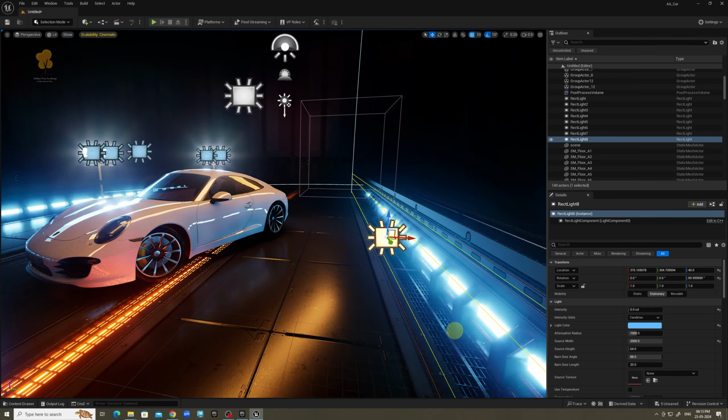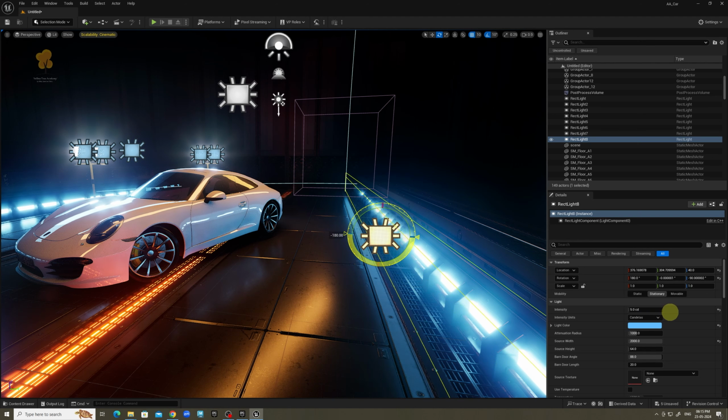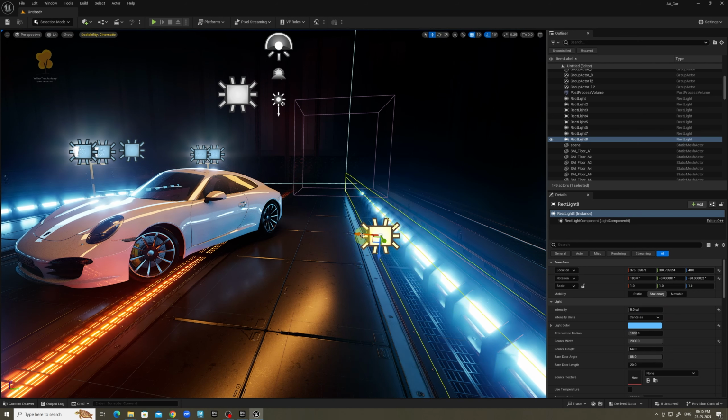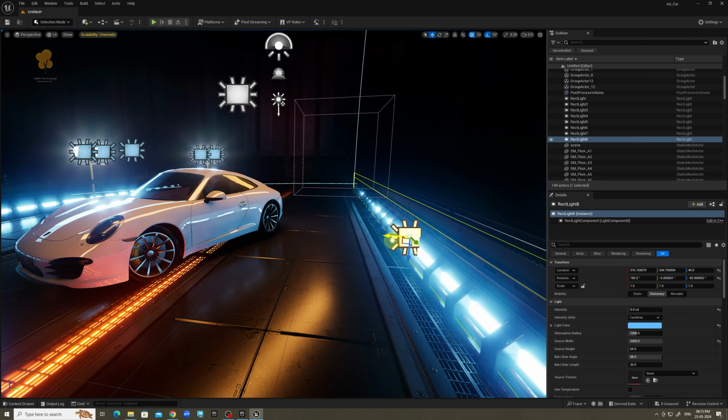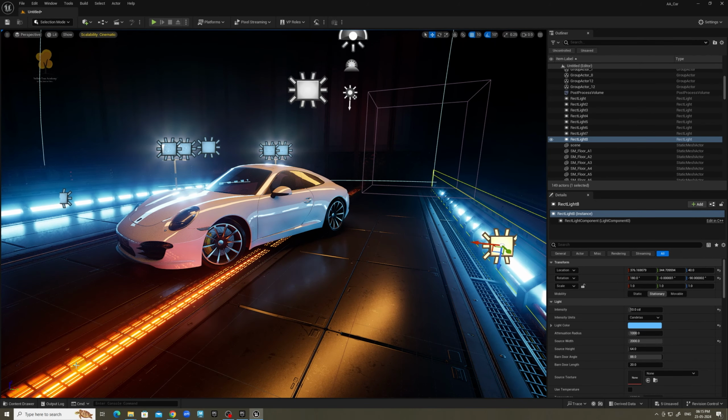The other side, I want to rotate 180 degree. It's fine. It's the same light I'm going to give for this also. So I duplicate this light,